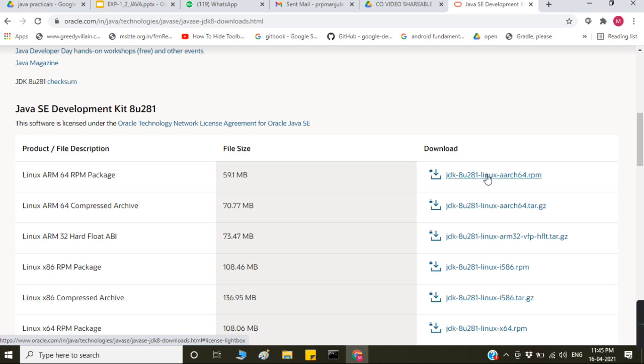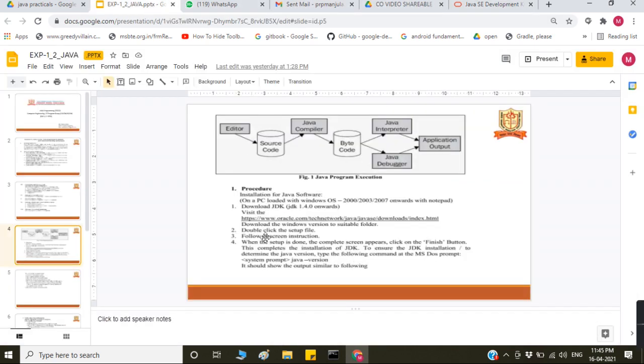Otherwise, if you are installing for the first time, click on download setup file. Is it clear? After that, follow the on-screen instructions. When the setup is done, the complete screen appears and click on the finish button. So the JDK will be installed in your PCs.